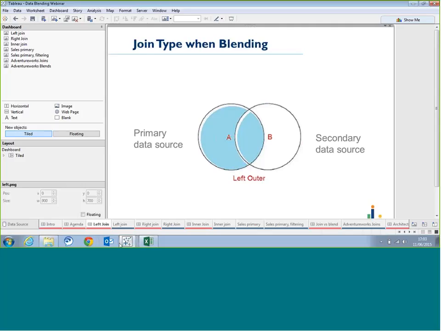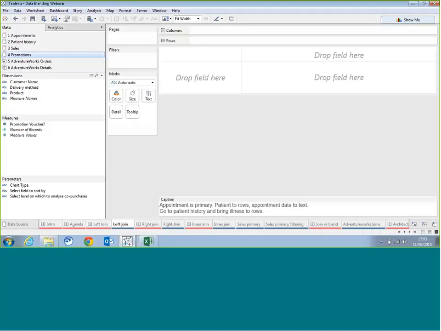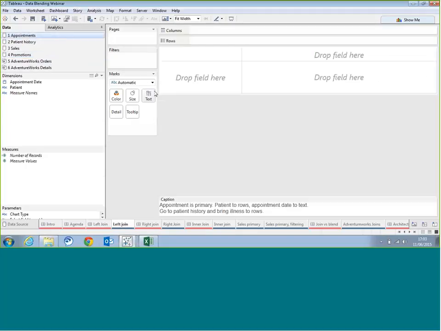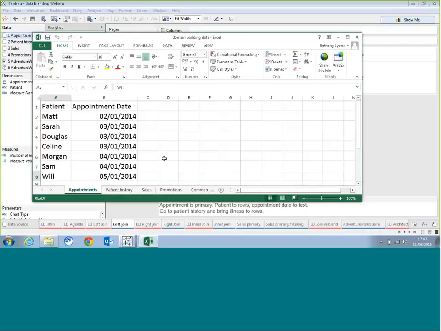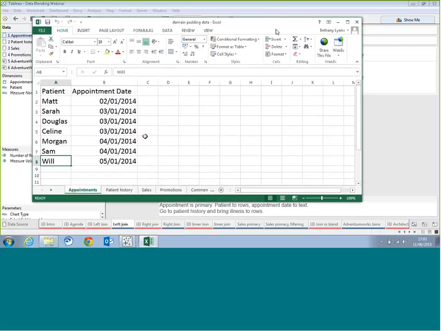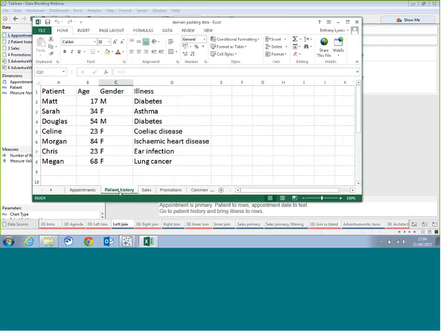So just to make this a little bit less abstract, let's look at an example. So I have two different data sources, and I'll just bring them up in Excel. They're really small data sources just to make sure everyone gets familiar with the concept here. So this is a data source that shows the different patients that might be visiting a doctor's surgery and the appointment date when they're going to make their visit. Then we have another data source that shows the patient history of all of these different patients,